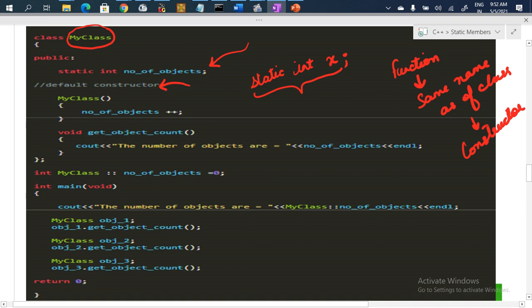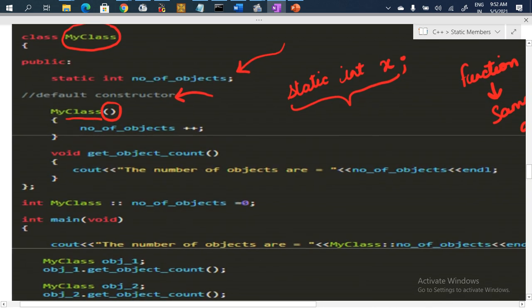I have just simply taken the name of the function like that of the class, and there is a function definition. Now what I have done is, for the static data member, that is number of objects, I have taken an increment of that. So what is this constructor doing? Whatever the value of number of objects has, we are increasing it by 1. Fine. So plus plus means I am incrementing the value.